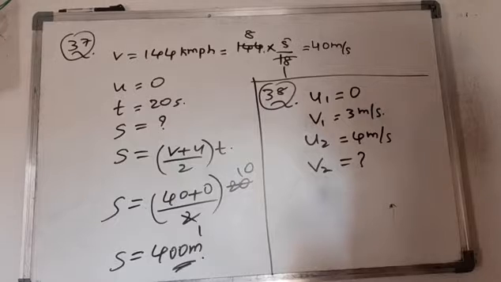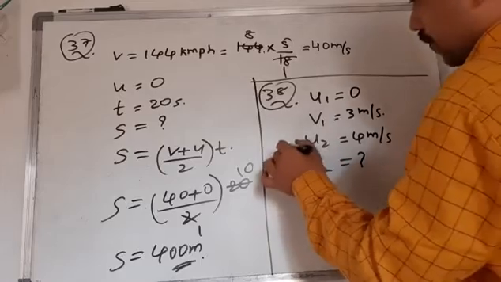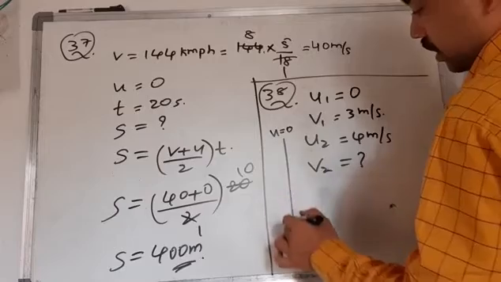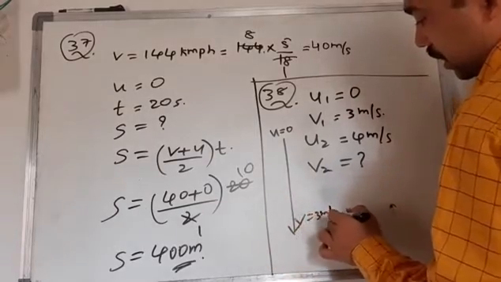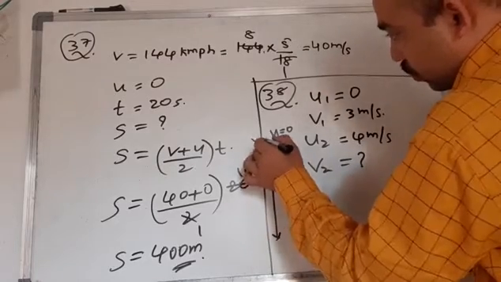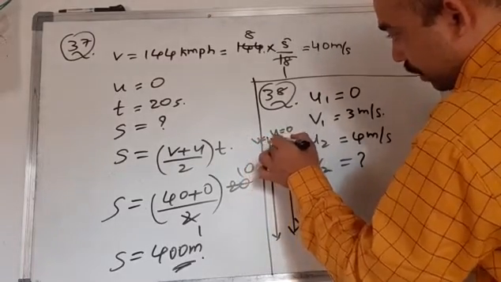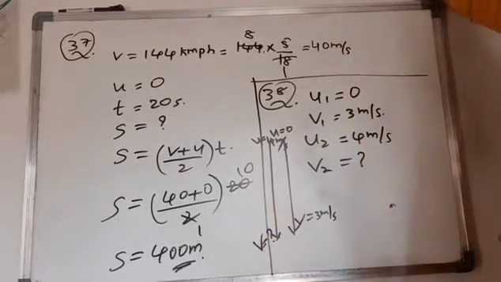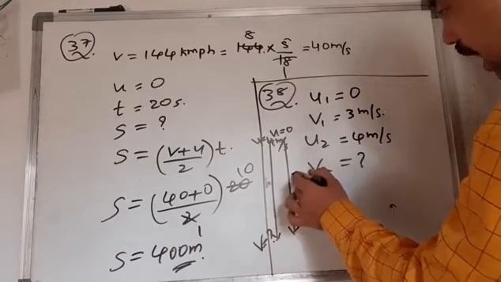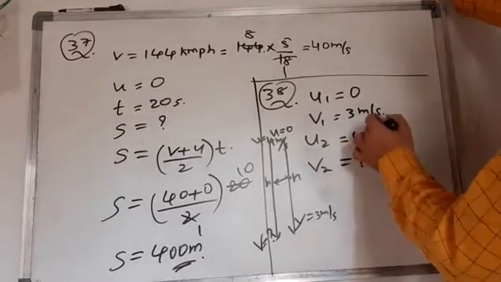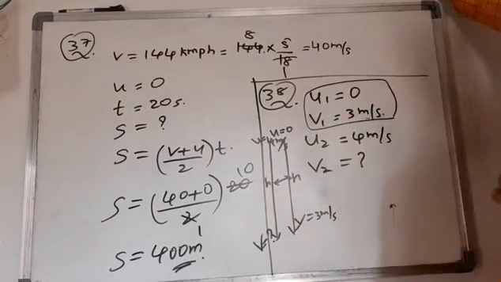For that, we have to find the height, because they are falling from the same height. If U is equal to 0, V is equal to 3 meter per second. Again, falling from the same height, here U is equal to 4 meter per second. Then how much is V at that time? For that reason we have to find the height. The height is the same in this case. So using these two we have to find the height.